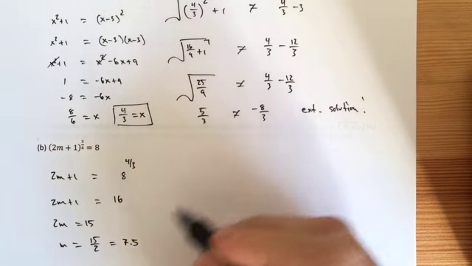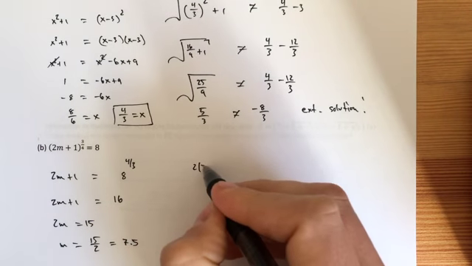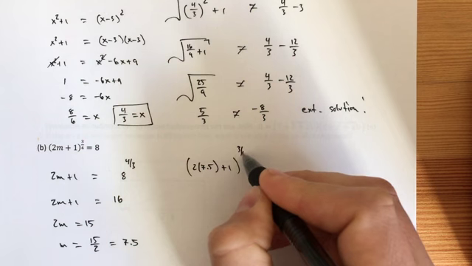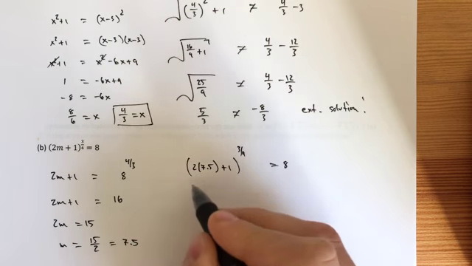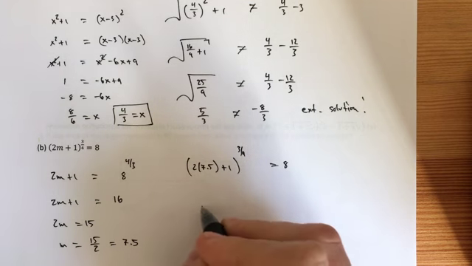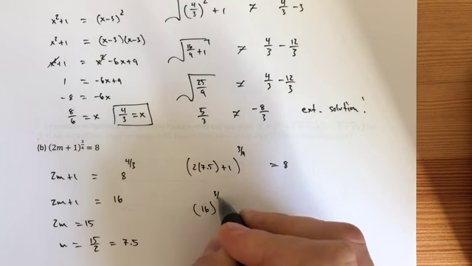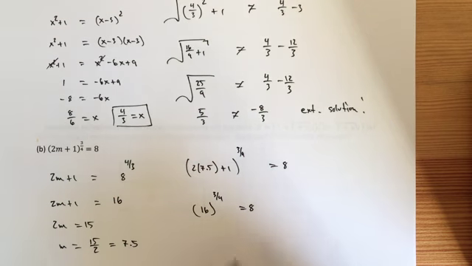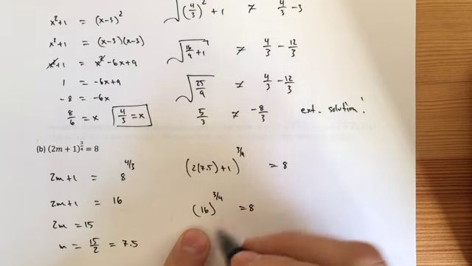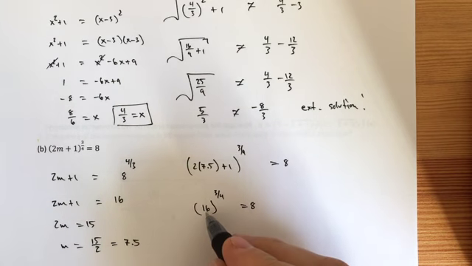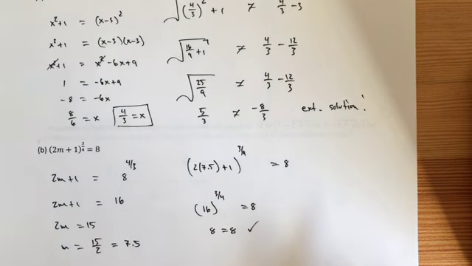Okay, checking my work. I get 2 times 7.5 plus 1 all to the 3/4, and I want to know if that's 8. 2 times 7.5 is 15, plus 1 is 16. Is 16 to the 3/4 equal to 8? I'm going to say that yes, it is. So the 4th root of 16 is 2, cubed is 8, so I get 8 equals 8,